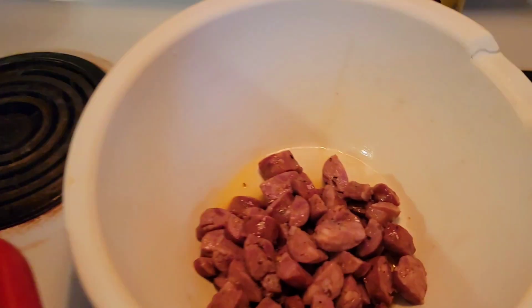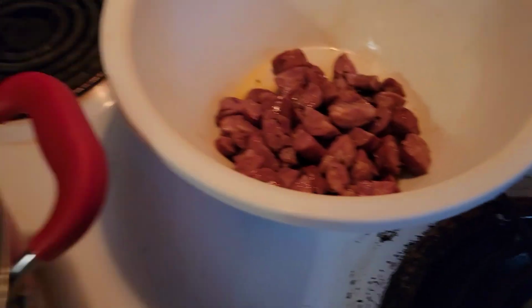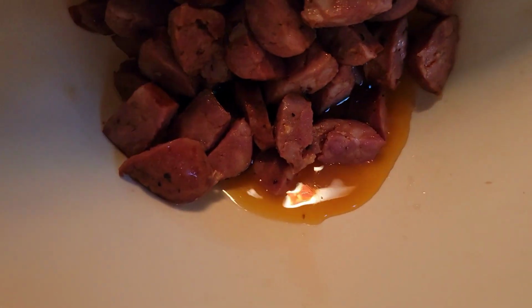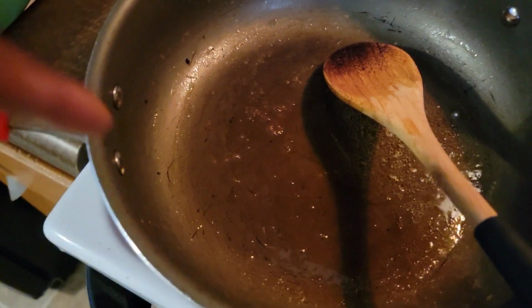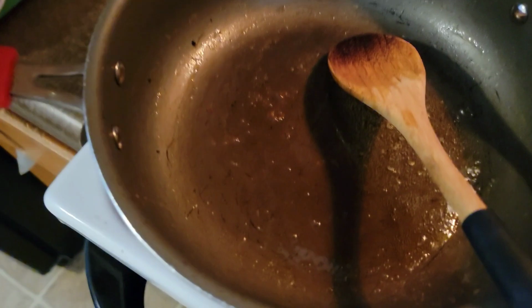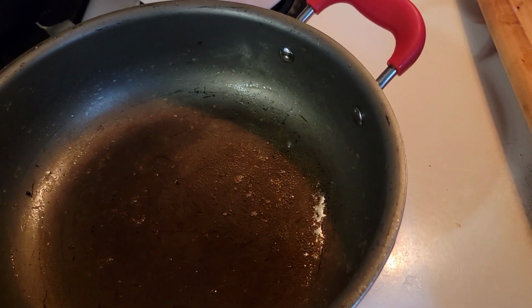Alright, y'all. I just finished browning the sausage. There's all the juices. Now I poured it all out, and then I re-added some canola oil. Now I'm gonna brown the chicken. I'll tell you what, it is not easy